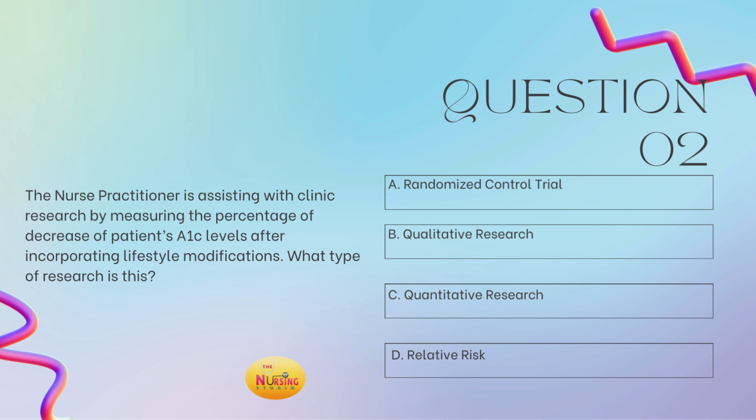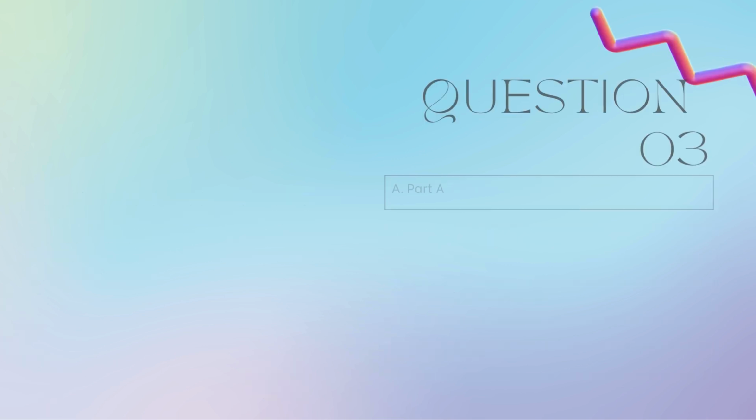Quantitative research. Think about what quantitative research is. Quantitative, I always say think of quantity. It's numerical, it's a measurement. It's typically research that we're doing and we're measuring specifically. Qualitative is more things where we're getting quality details, like interviews, okay? So, best answer here is C, quantitative research.